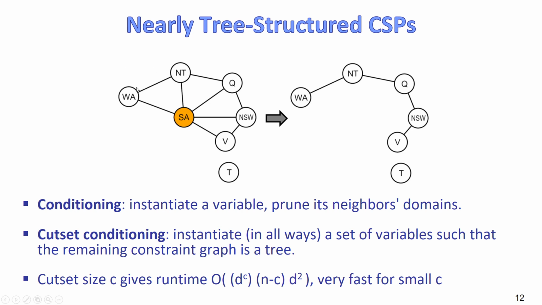So in this graph, removing that node will make the graph with no loops. It will break all the loops or all the cycles, and thus we can have a tree structured CSP. We will talk about the runtime complexity next lecture,